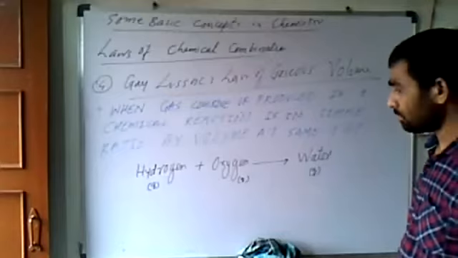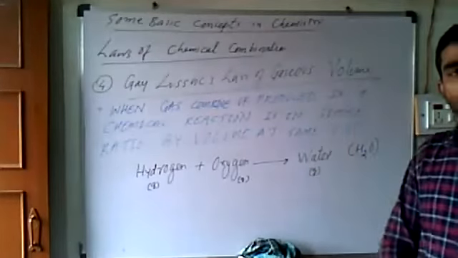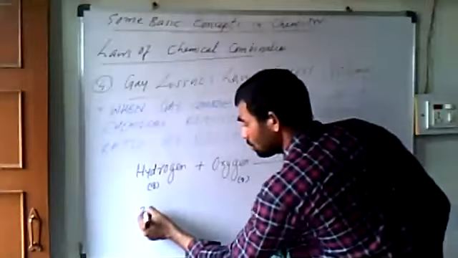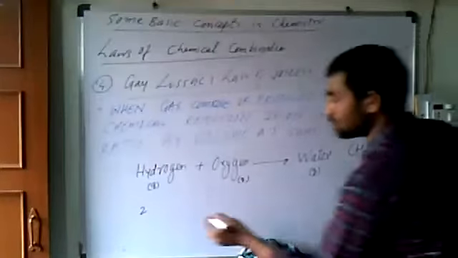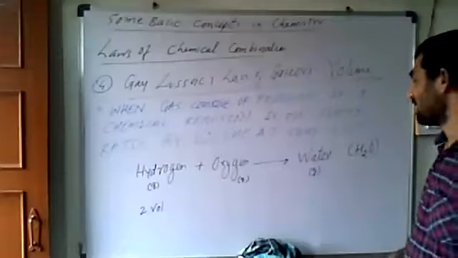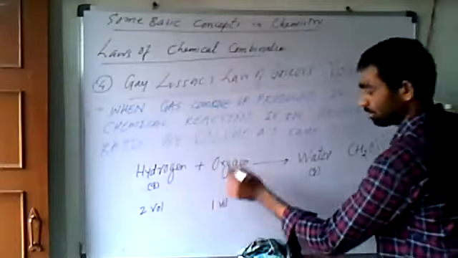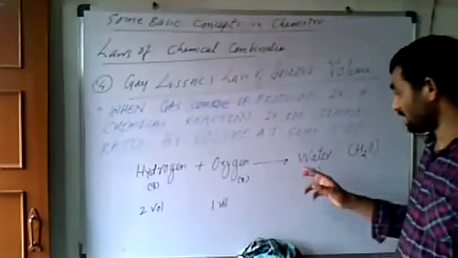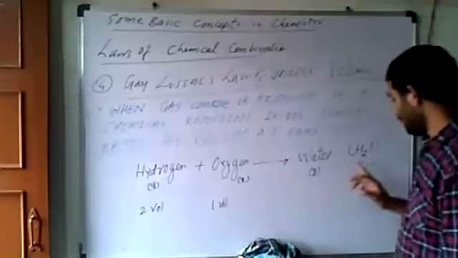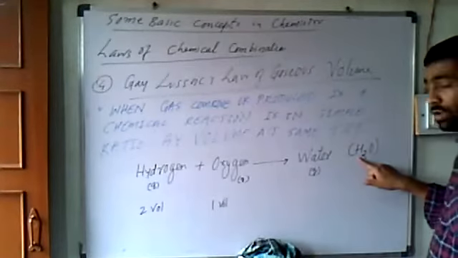See now, the formula of water is H2O. How many H? 2. So write here 2, and this law is about volume, so write here 2 volumes. Very simple. Yes or not? Yes. How many oxygen? 1 oxygen, so write here 1 volume. And here, very important: how many hydrogen in water? 2. And how many oxygen? 1. Here 2 hydrogen, 1 oxygen.